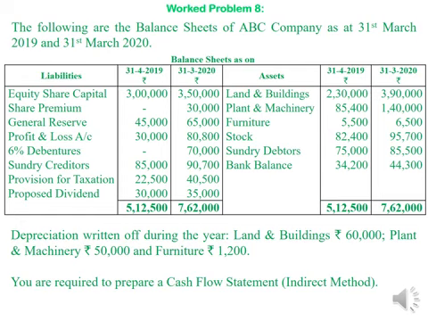Before solving it, analyze the problem first. Equity share capital is increasing. We can take that increase as cash inflow on financing activity. Share premium is rupees 30,000 in the second year, that is on closing date. Therefore, it should also be taken as cash flow from financing activity. General reserve is increasing, but there is no cash outflow on increase in general reserve.